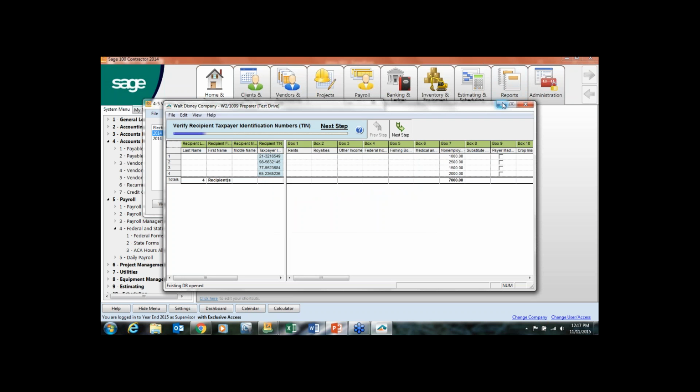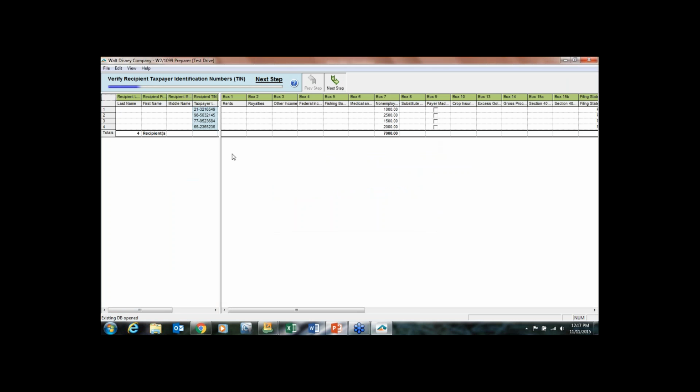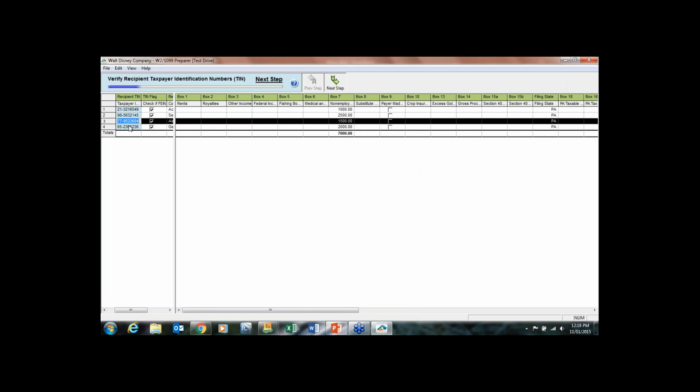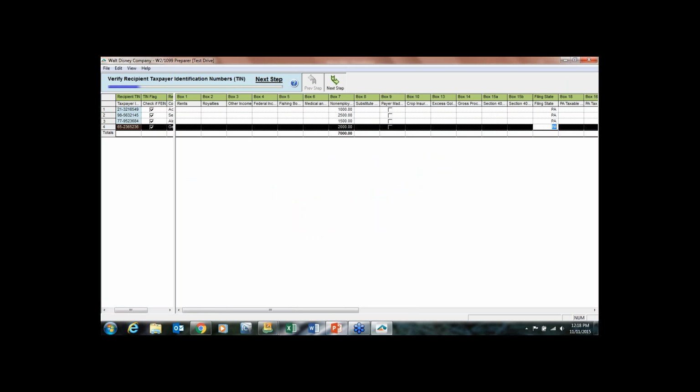Same thing over here. These are companies, so I don't have a first name, last name, middle name, and I don't need one because over here I do have my company name receiving. You can check all your information in here. Your address is all in place, and it gives you a quick lookup to do it. Make sure all your taxpayer ID numbers are in place. And if you have to file a state,